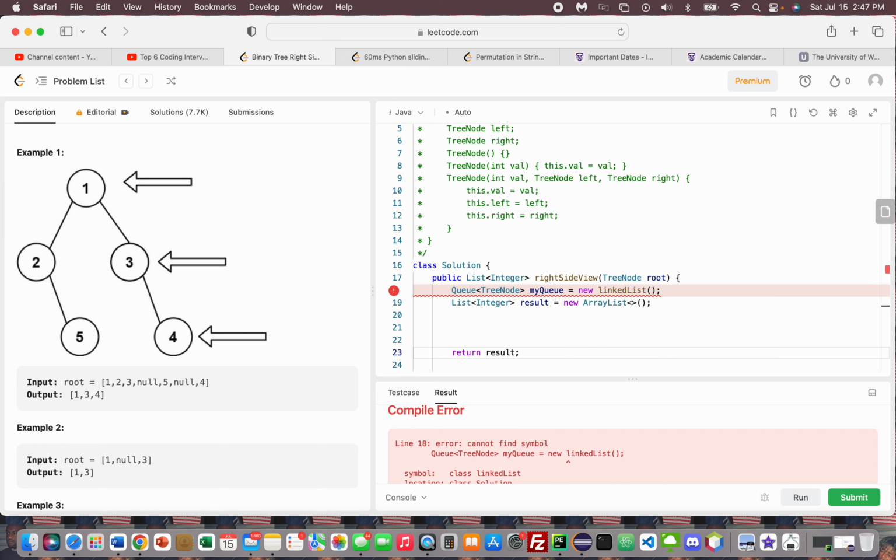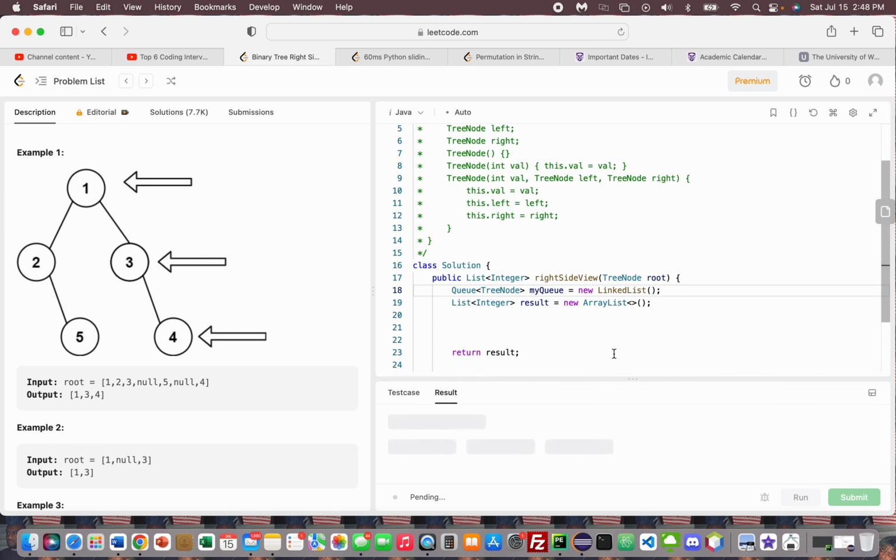I just gotta double check how to initialize queue. It's just kind of been a minute, guys, so sorry about that. It's kind of awkward, but oh no, I had it right. Okay, you just need this. I thought it was like that. Okay, nice. So then the first thing you do is you go myQ dot